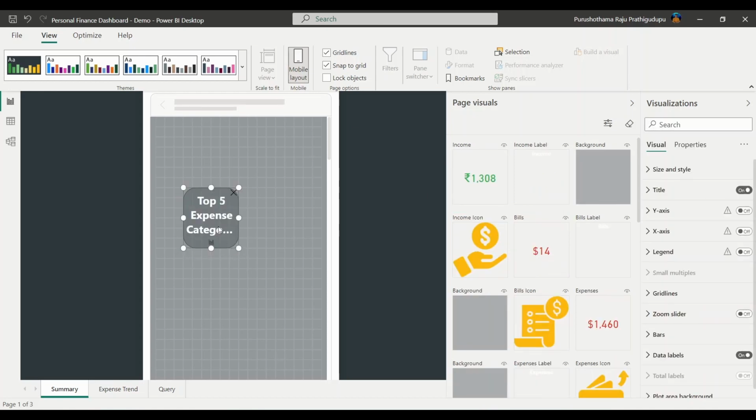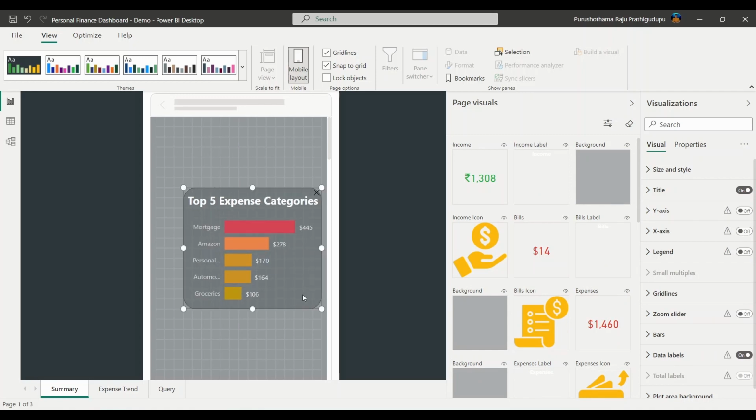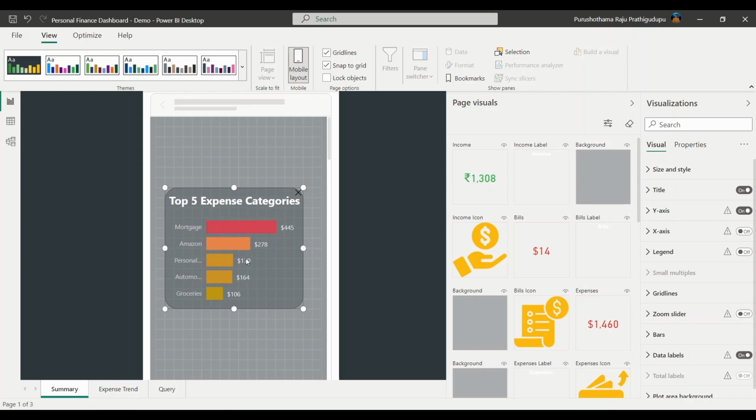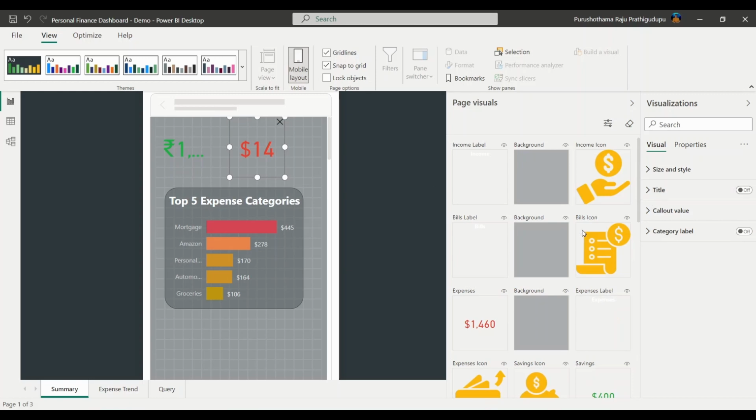So I'm just dragging that over here, but we can expand this to see it in a bigger font, or maybe we can even customize the fonts and everything. Maybe we want to see the income and all those, the bills, all the values which we were seeing earlier. So you can just drag all those things and just adjust the sizes accordingly, whatever is comfortable for you.